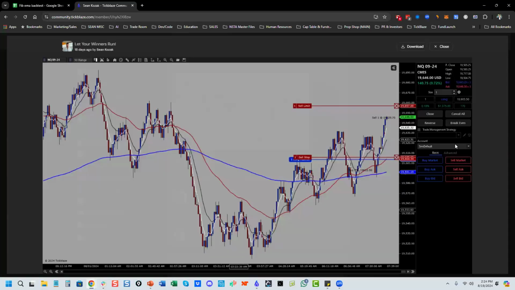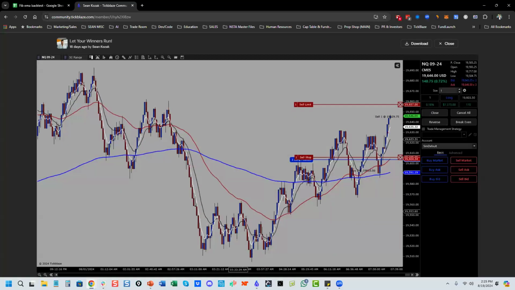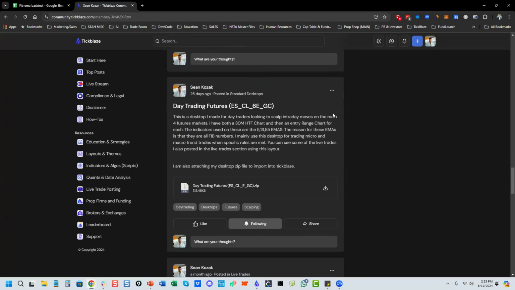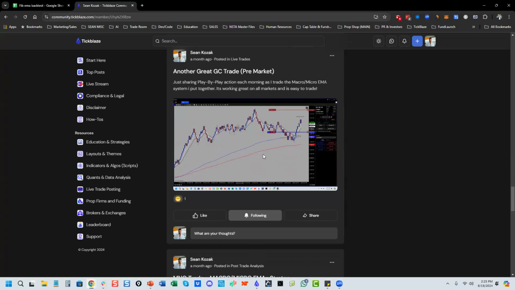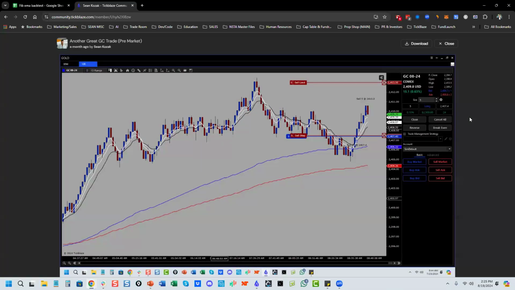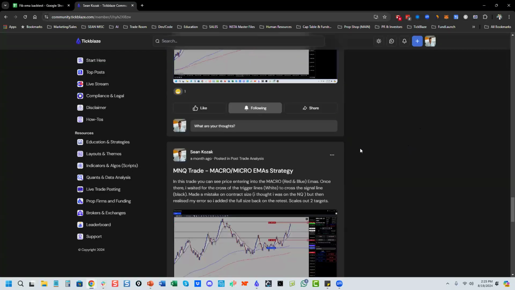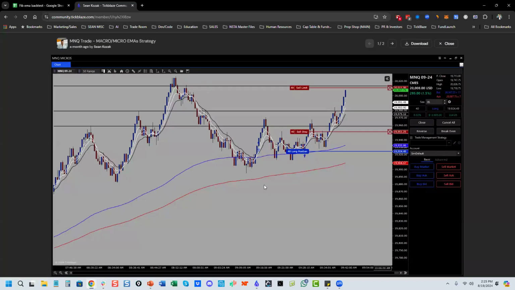I was taking trades on the NASDAQ, big trades. The setups, if you just learn them, they're huge. They're just really big trades. This was a huge trade I took on gold. And take a look at this trade I took on the NASDAQ. This is a big trade. This is on a micro, so it's the same as trading a 10 lot. So it's trading 100 lots on a micro, it's just 10 lots on a NASDAQ. That's a big trade, right? That's a big trade. Okay.